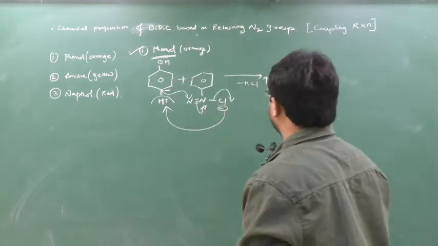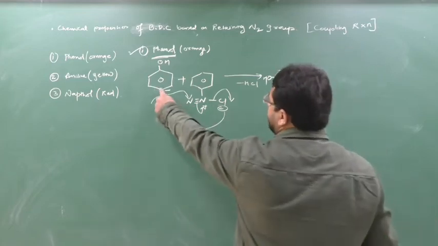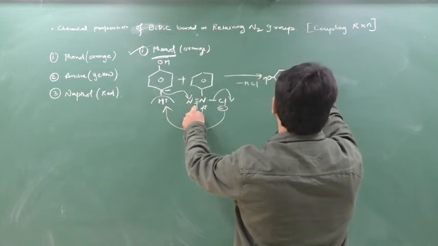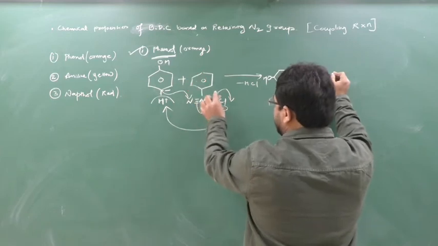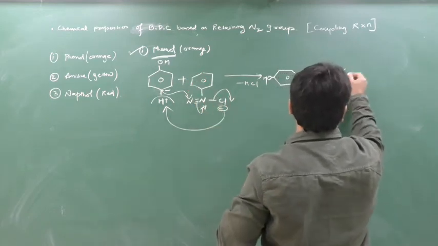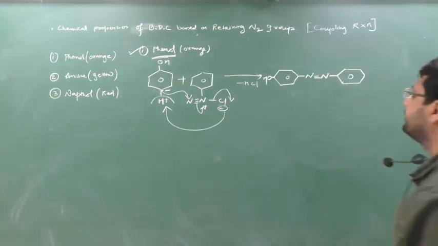Here, the phenol H has been removed and one space is created. This bond is joined with this nitrogen. The nitrogen triple bond has converted into a double bond with this nitrogen. With this nitrogen there is a phenyl ring and chlorine. Chlorine has been removed to make Cl minus, and this nitrogen has reacted, with only the ring remaining here.